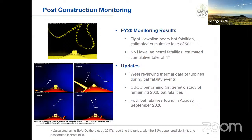But some updates since the annual report: we're doing some more thermal analysis. In the annual report, you saw USGS's technical report that was attached. Towards the end of the report, there's a summary of the results, and